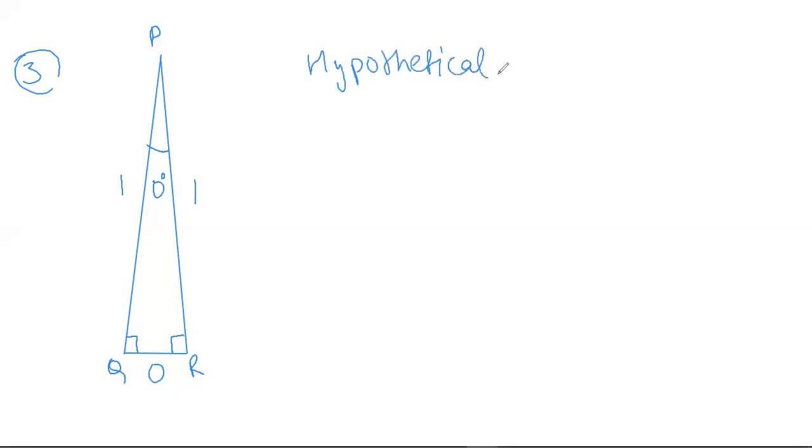Hypothetical means that something is only theoretically spoken, not practically. So say, for example, if Elon Musk says that he'll take a rocket to Pluto, that is theoretically speaking. Therefore there is a term called hypothetical that is assigned to tasks that can be expressed theoretically but not practically, because rockets can't fly to Pluto. We need enormous amounts of fuel for that.